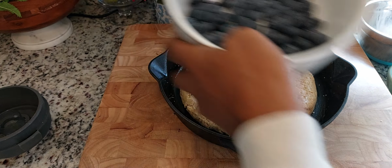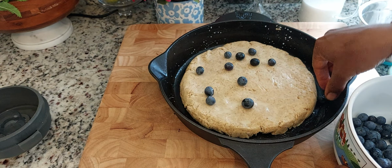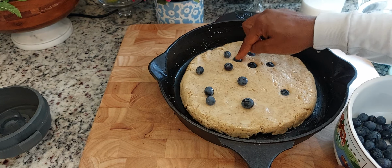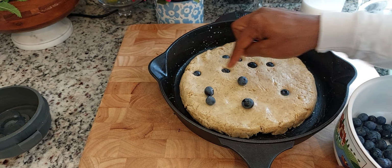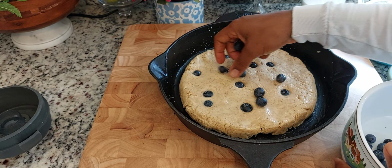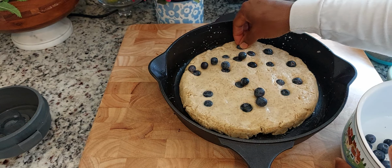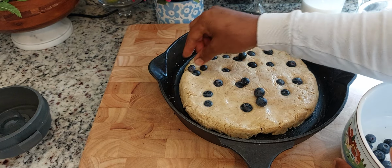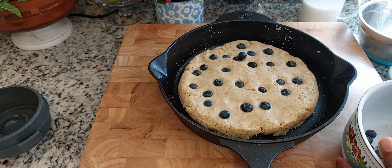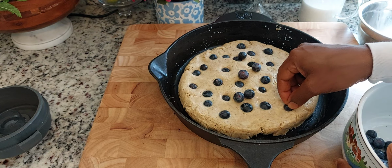Okay, now we're gonna press our blueberries in. We're gonna press them in, because if you just leave them on top like that, they are going to just burst. Well, if you like that, then that's up to you, but we're gonna press them in. You can put, like I said, whatever toppings you want. I've never tried strawberries, but I'm sure those would be good too. Pressing them in,